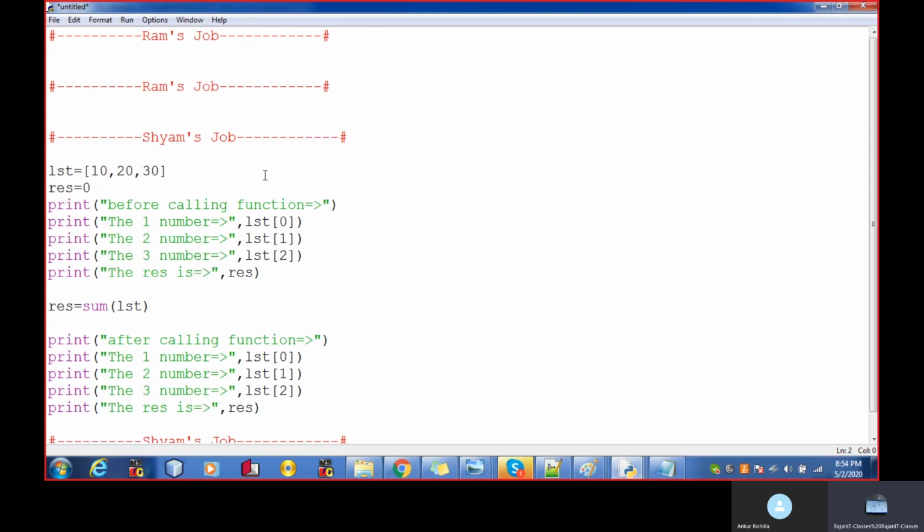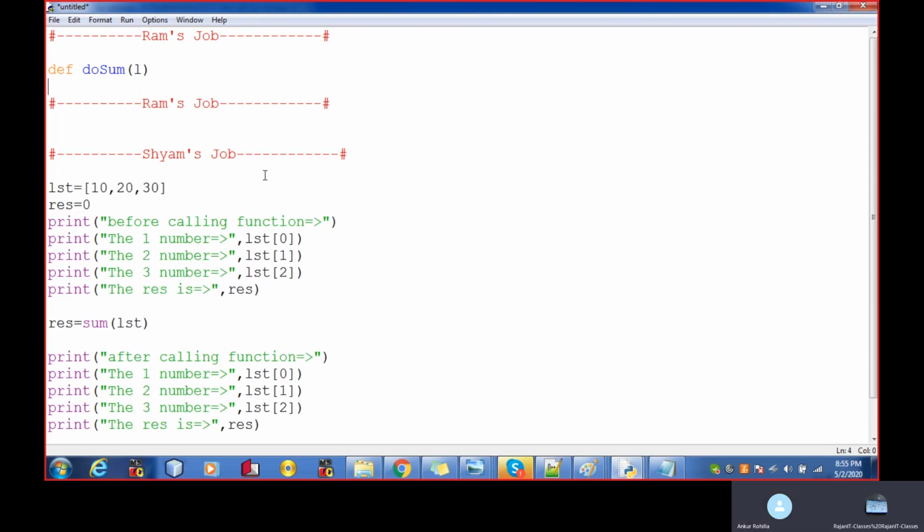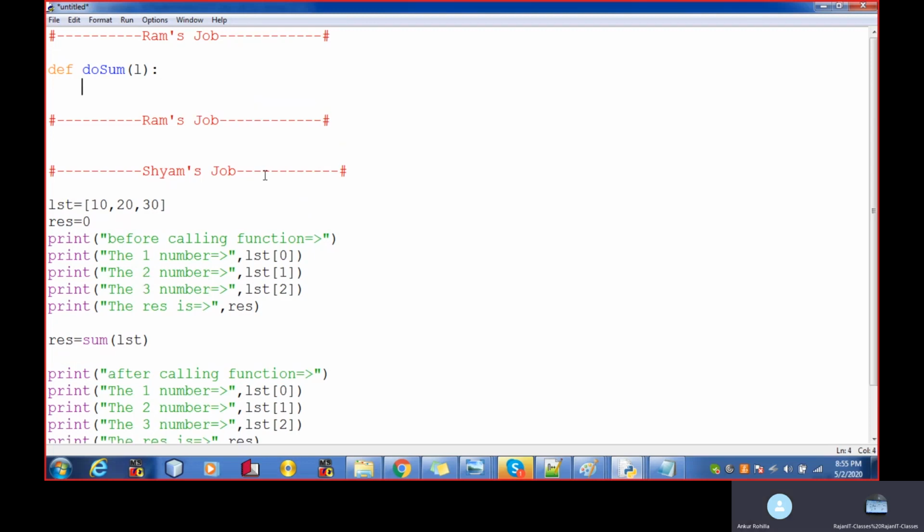So let's jump inside the def, passing the L value. So whatever is in the LST is copied in the L, right? Now the function is going to perform some task.